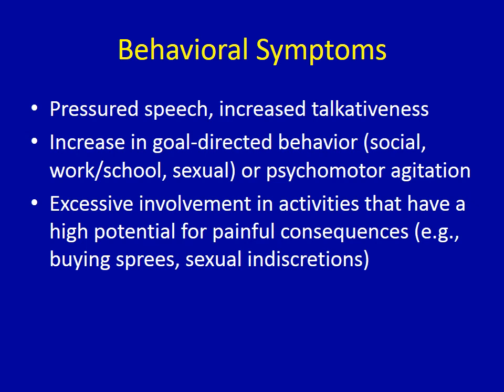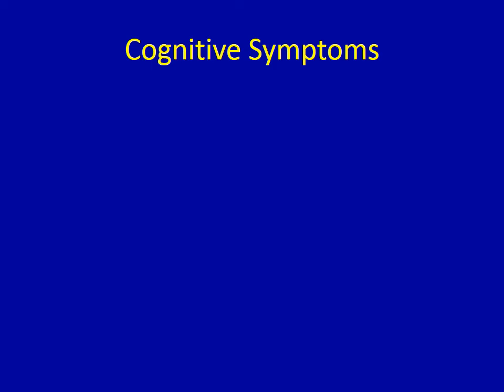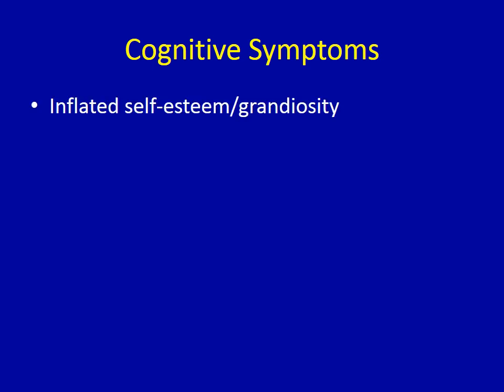So this set of symptoms capture the behavioral symptoms that might accompany that elevated mood state in a manic or a hypomanic episode. Our next set of symptoms are the cognitive symptoms. So these are changes to thought patterns that are characteristic of this elevated mood state. So one characteristic symptom we might see is inflated self-esteem or grandiosity. So just like with the depressive disorders, we had a tendency to see diminished self-esteem and a low sense of self-worth. During a manic or a hypomanic episode, we could see the opposite.